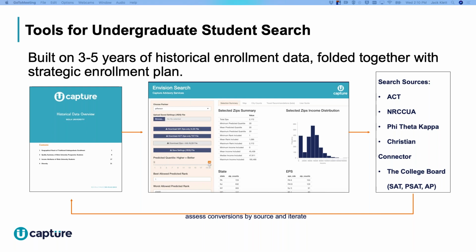And then the output is what we like to see as the class, the good class, the amplified portion from search. So that is search in a nutshell. Yeah, and I think it's cool to share this because it shows how much undergraduate student search is empowered by the technology that you and the data science folks are able to do at Capture, specifically with the historical data, the predictive modeling,